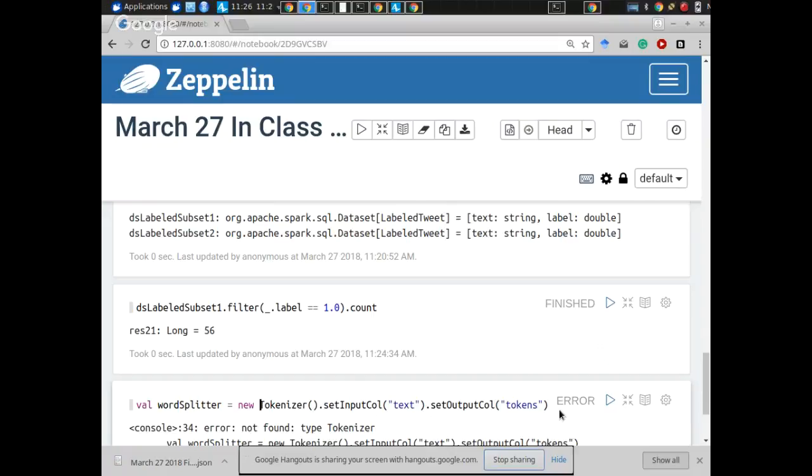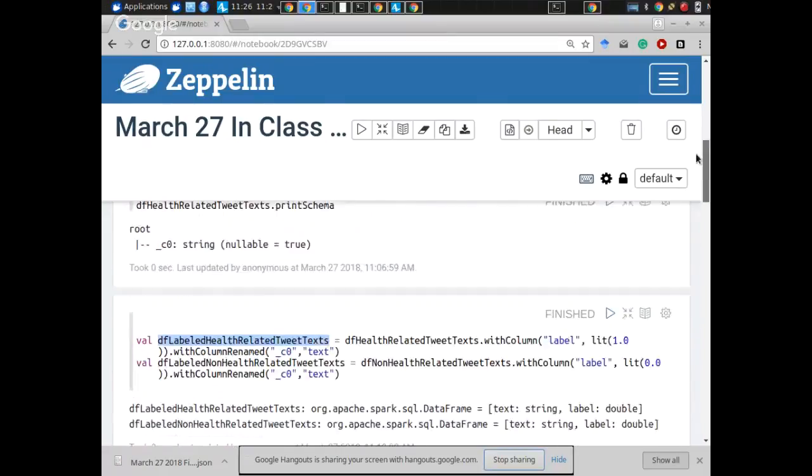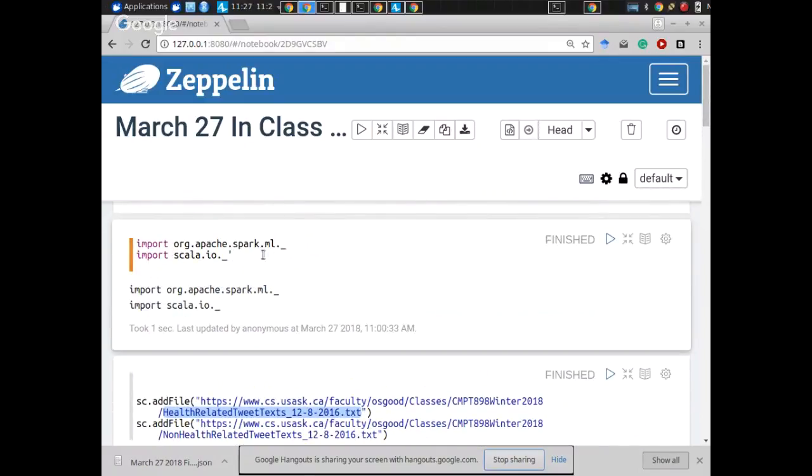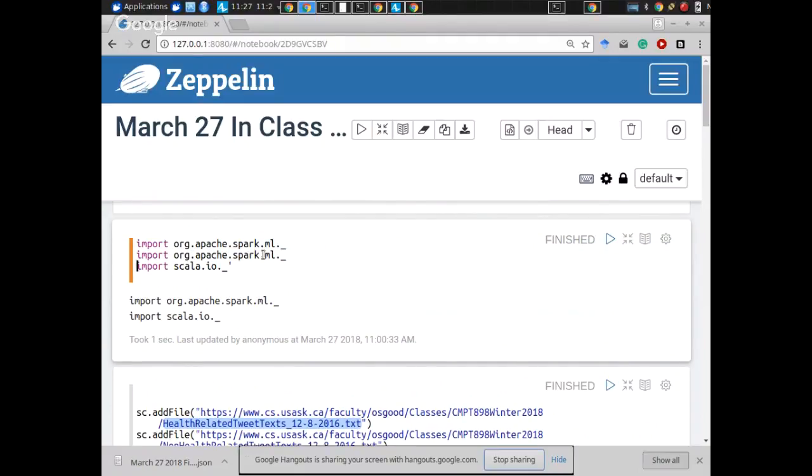Oops. Oh, okay. We need our tokenizer. Why isn't that imported? Sorry. We need to do some more imports up here. I should have been more careful. This is why I had a whole swack of them. We need, beyond importing just ML, the things in ML, to load in